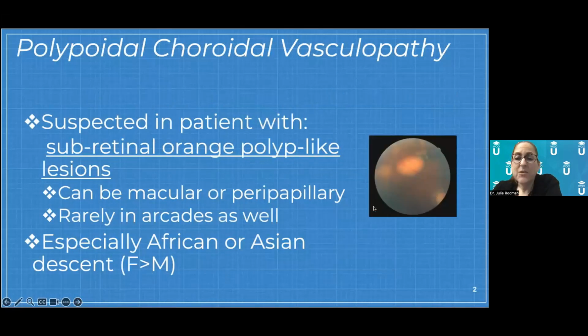They're suspected when you see these orange polyp-like lesions, thus the word polypoidal. And the interesting thing about polypoidal is that unlike regular choroidal neovascular membranes, they can happen anywhere in the retina. They can happen near the nerve, in the macula, in the periphery, in the mid-periphery, the equator. So anywhere in the retina, you can see these lesions. And the nature of them is that these PEDs will come up and then they'll resolve. And then they'll come up in a different location and they'll resolve.